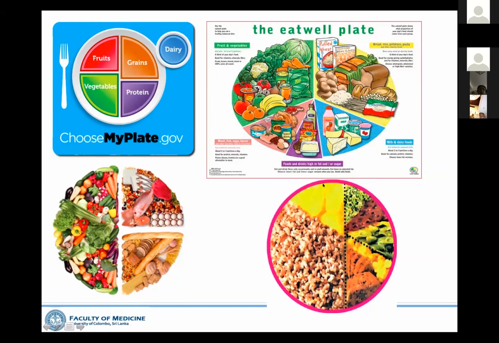And there is a local Sri Lankan plate also, presented by the Ministry of Health, which is not for weight loss but for healthy living, and which also consists of protein and variety, less rice, but still it's not for a weight loss plan. So we decided